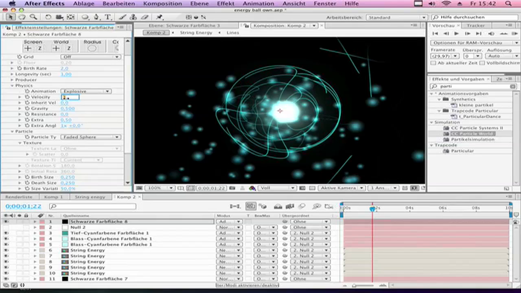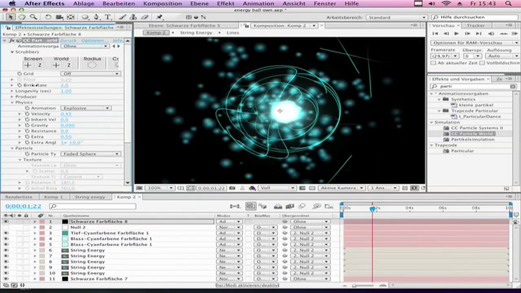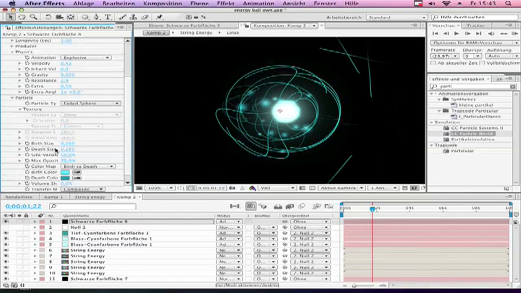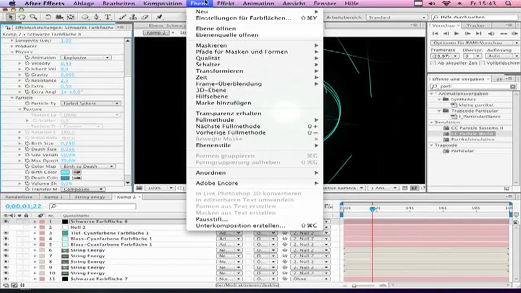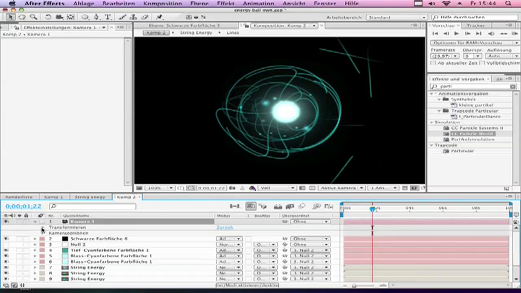Then go to physics and change the velocity to 0.43, the gravity to 0. Then go to birth rate and change it to 0.11. Physics resistance, type in 2.9, and in particles go to depth size to 0.01. Now make a new camera, go to layer, new camera, make it 28mm, go to your camera options, make